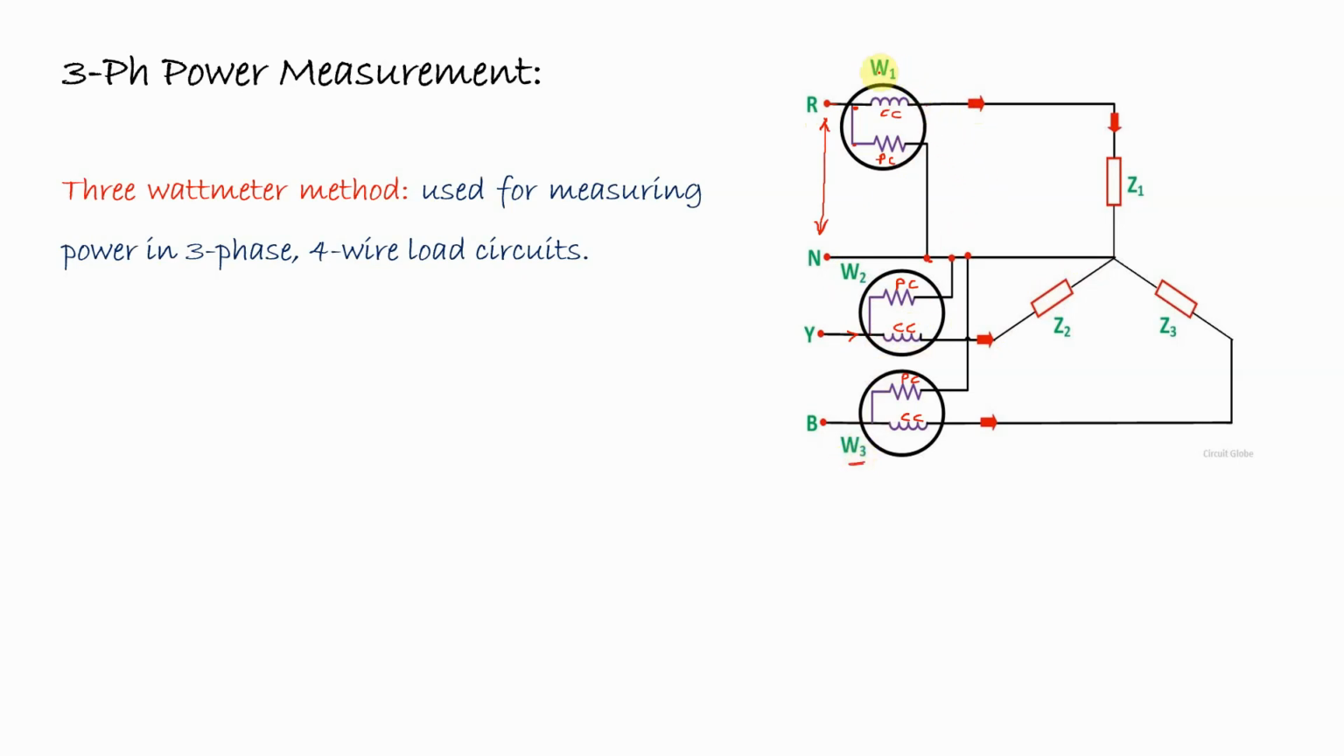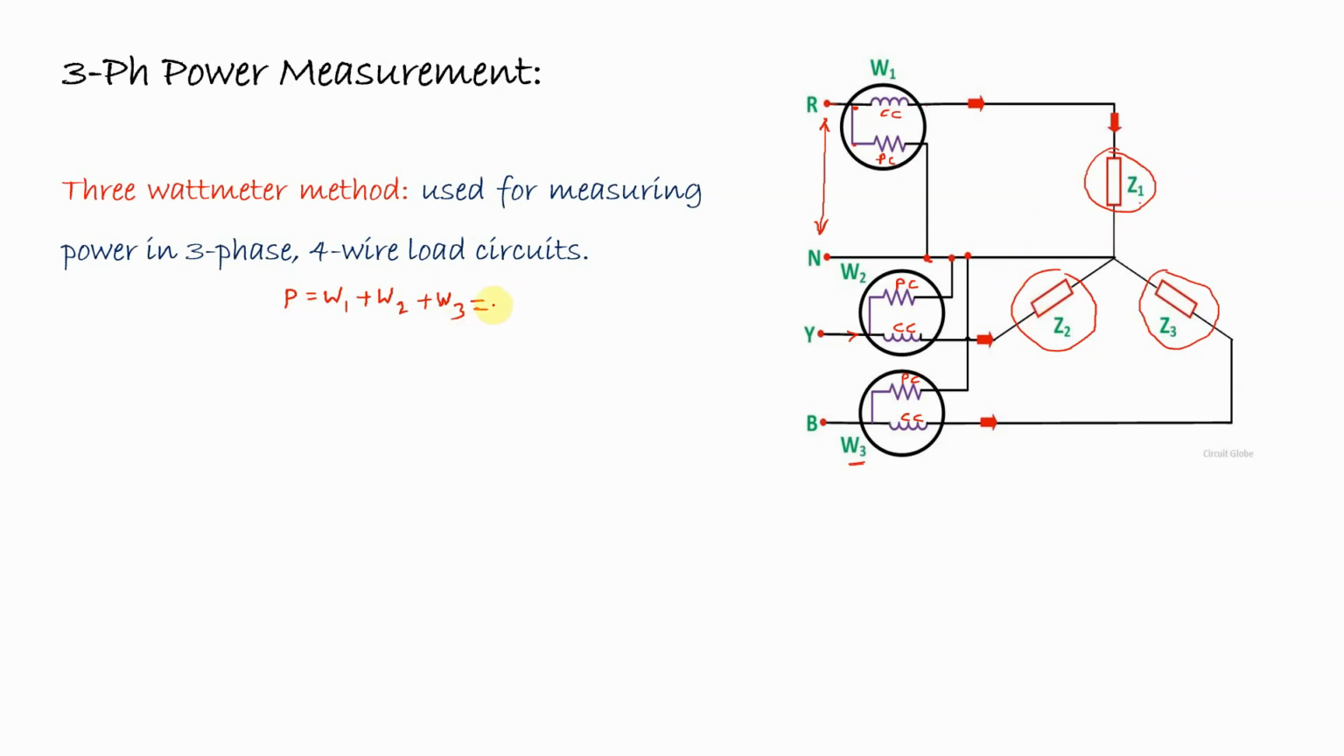That means here each wattmeter is used to measure the power for an individual phase. That means for impedance Z1, W1 will be used to measure the power. Similarly, for impedance Z2, the wattmeter W2 will be used to measure the power, and for the third impedance, that is Z3, W3 will give the reading. Therefore, if we add the readings of these three wattmeters, that is W1 plus W2 plus W3, it will give us the total three-phase power that is consumed by this three-phase